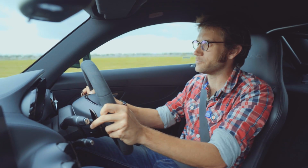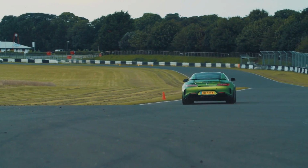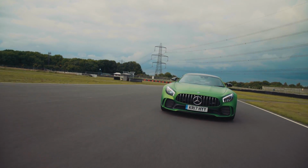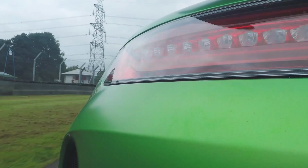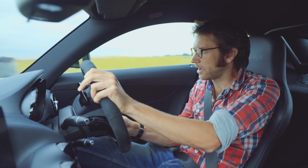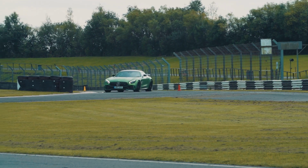AMG's also improved its gearboxes no end. There was a time when it was really quite sort of restrictive and you felt like they could never really keep up with the power that was coming out, but this is absolutely instant now in the way it changes gear. Hugely stable under braking. The rear wheel steer that this has helps it into corners but also gives it stability through this tricky tight